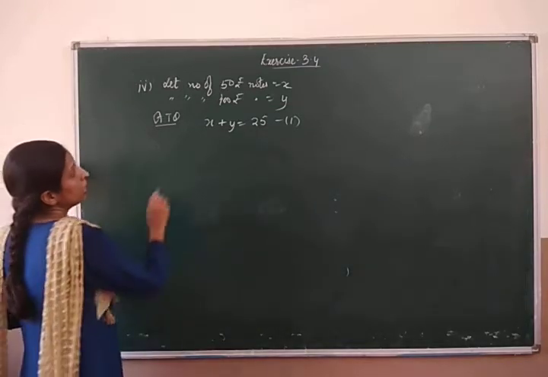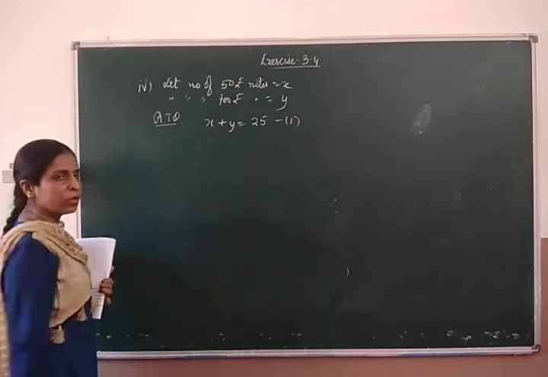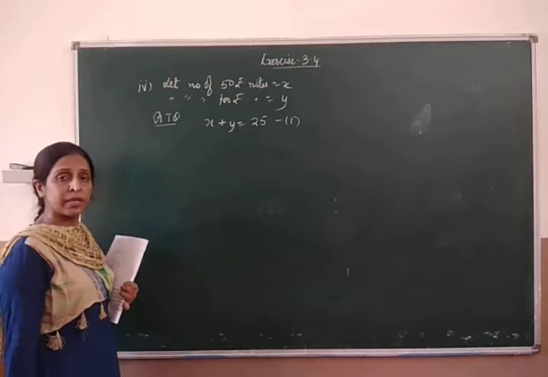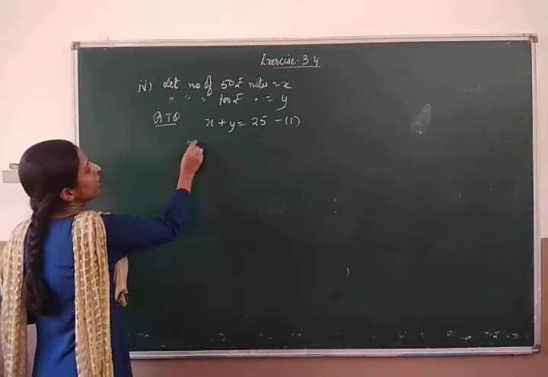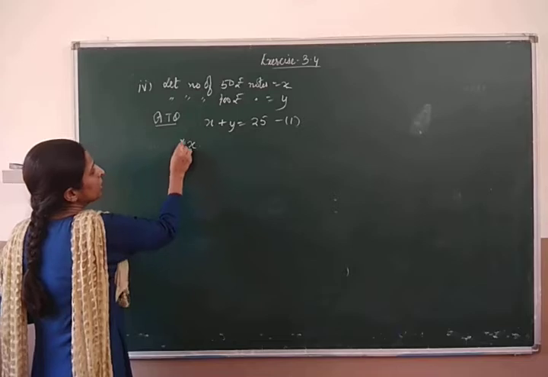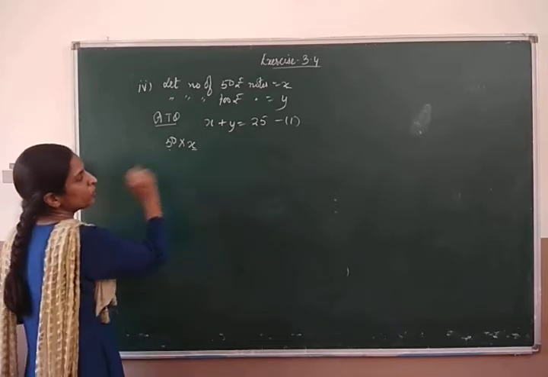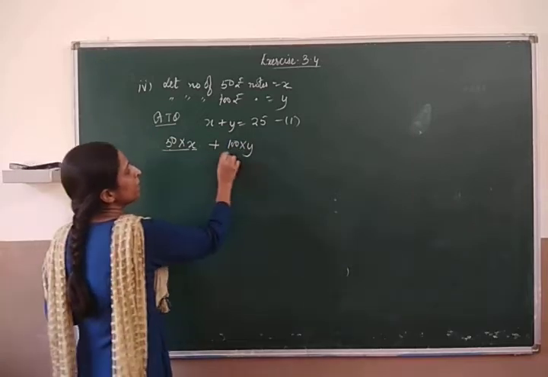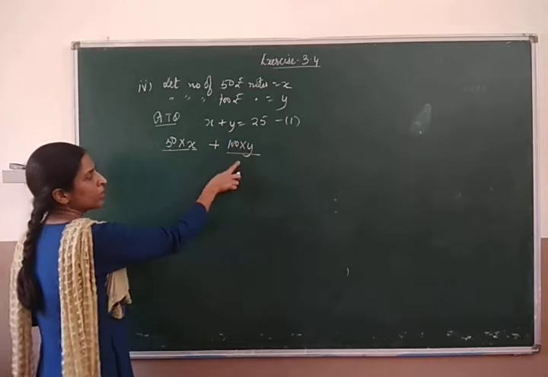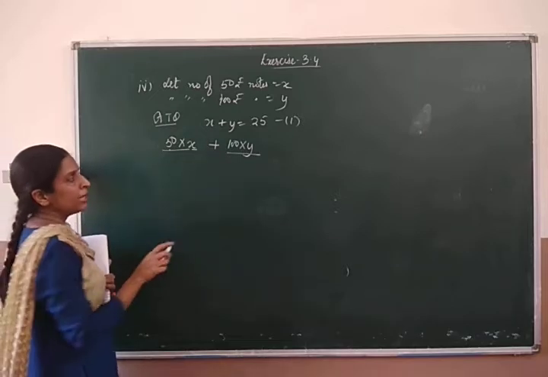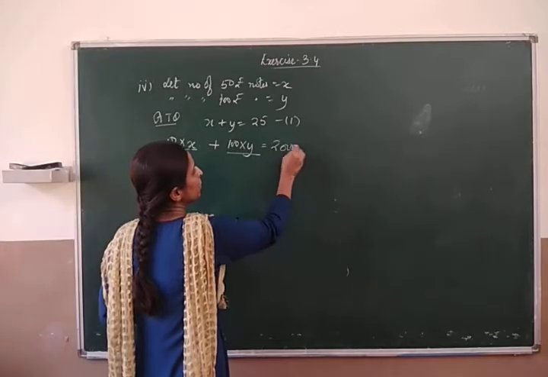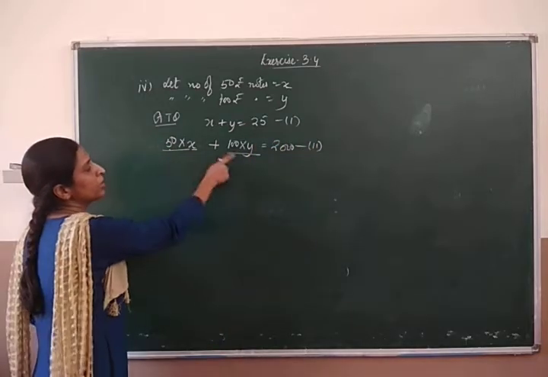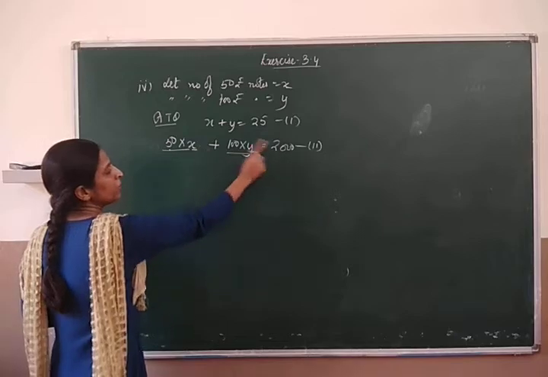Now the amount. If you have one note of 50 rupees, or two notes of 50 rupees, it means you have 100 rupees, right? So you will multiply the number of 50 rupee notes with 50 rupees and the number of 100 rupee notes with 100 rupees. This will give you the amount. 100 rupee notes amount plus 50 rupee notes amount. And in the question it is given this amount is 2000. Right? With denominations you are multiplying how many notes there are, adding them, and you are getting this 2000.